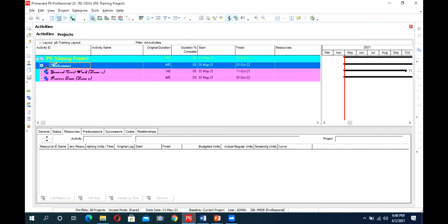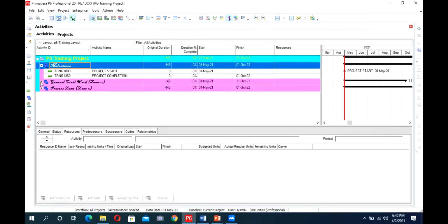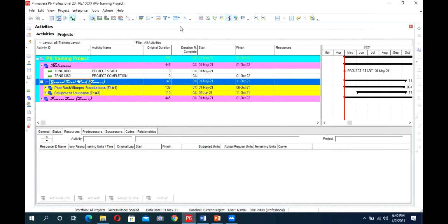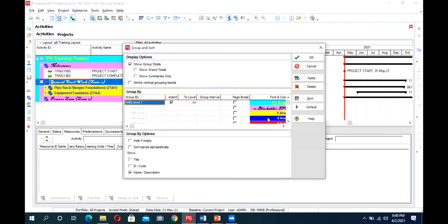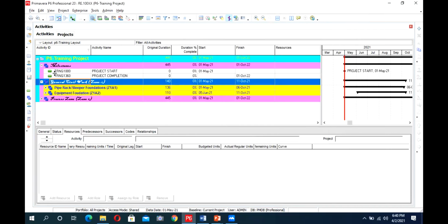Okay. I got it. Similarly, for the next level, you go to WBS level 3. From here, next level. So like this, you can change. Okay. Got it. Thank you so much.